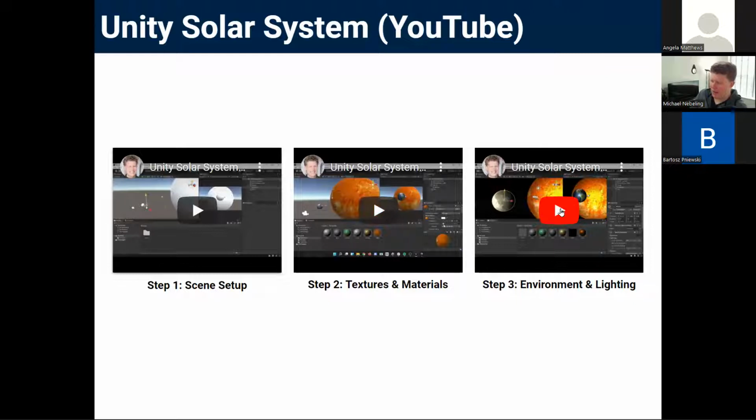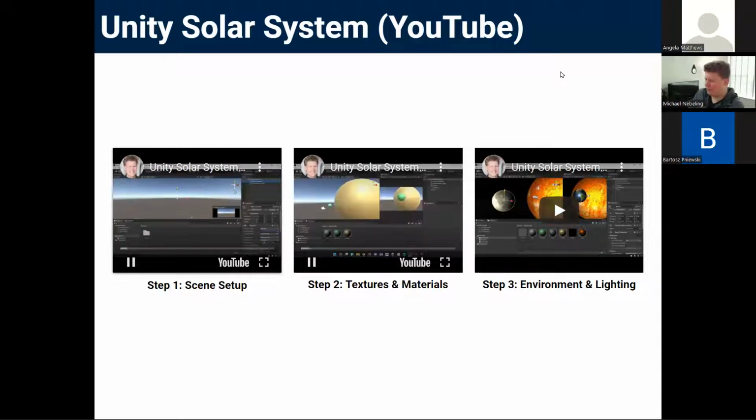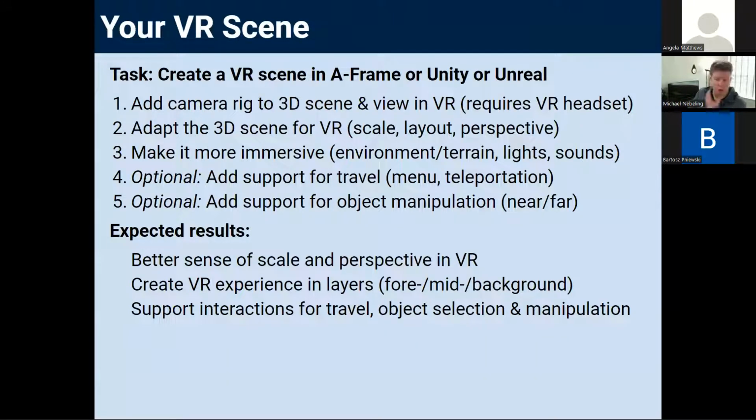Anyway, and then I add lighting and change the background from the standard Unity background here to something more stars and sky using a 360 video. All right, so we're going to go into VR now. So once we are in VR, the idea of the VR assignment is you'll continue from your 3D scene